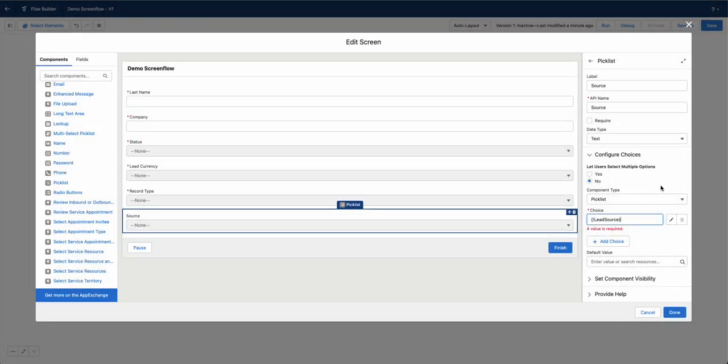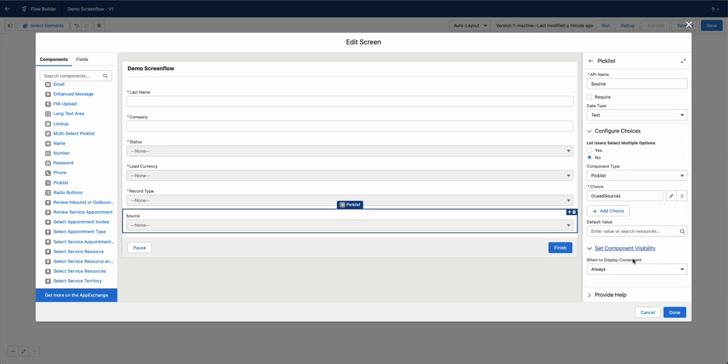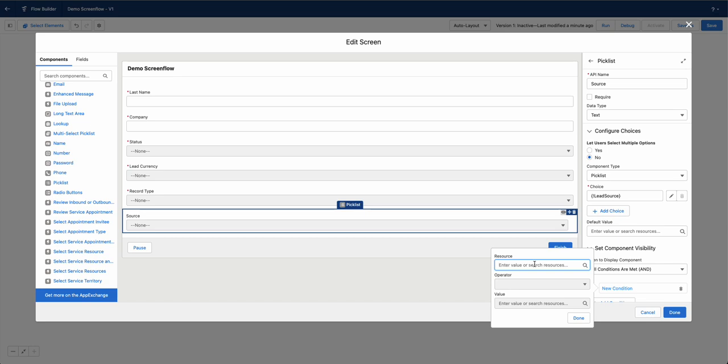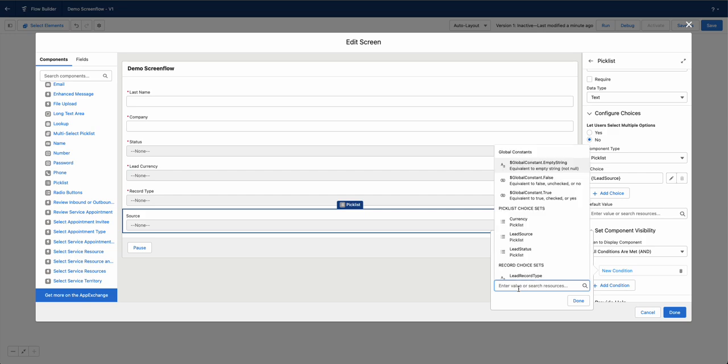And as I said, what we want to do now is here we have the set component visibility. We don't want to have this field visible always. We want to have it just if the record type equals,